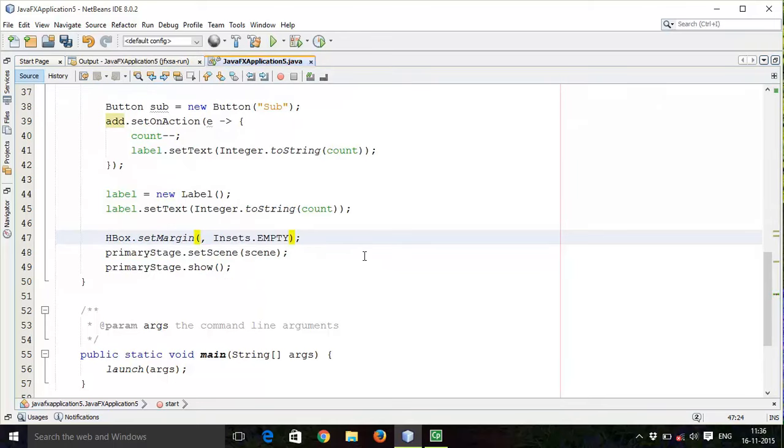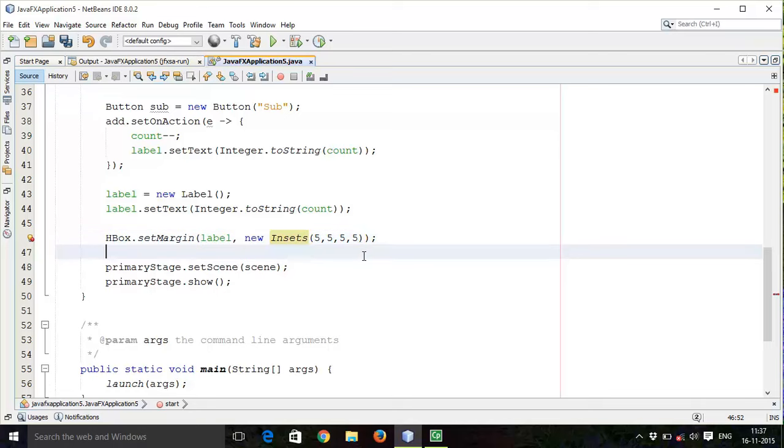So add the element label and add new Insets for label, that is 5 from top, right top, then right bottom and left. Then